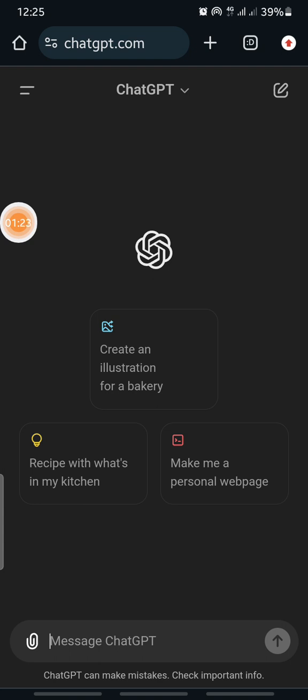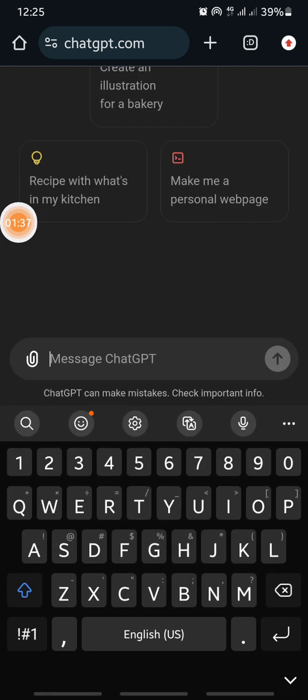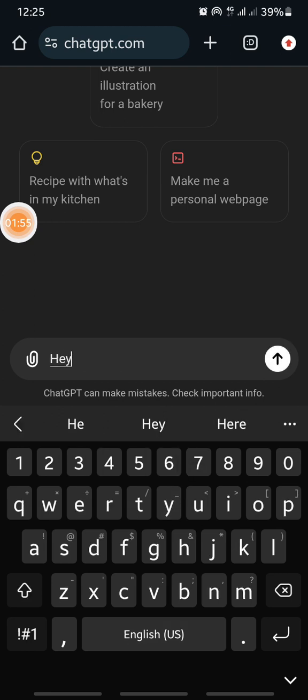And you can generate about 2 pictures per day. So let's say if you upload 1 video every single day on your YouTube channel, then you are good to go. So right now, I'm going to try to generate a picture that I'm going to use for a YouTube channel. You have to provide ChatGPT the description of the image that you want it to generate for you. So I'm going to say, hey chat